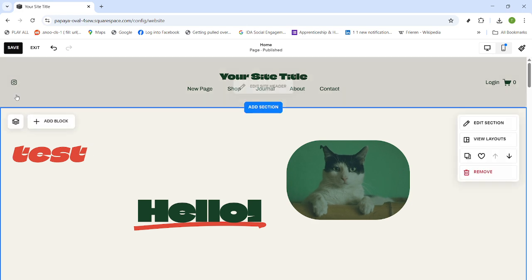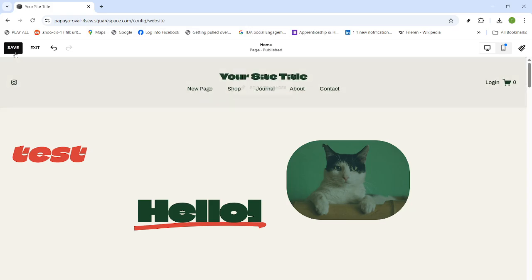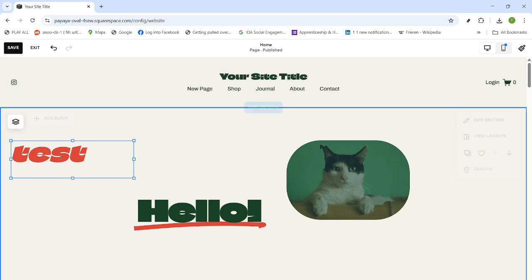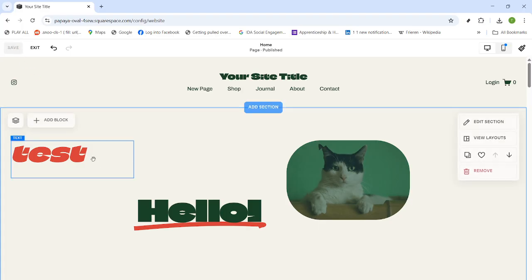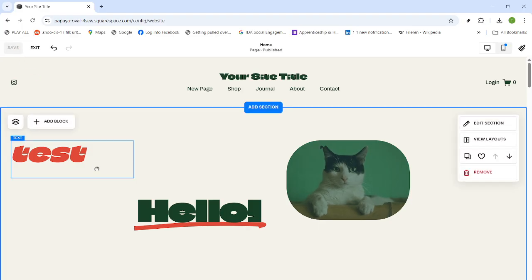When you're happy with the content and formatting, look to the top of the editor and click Save. This publishes your changes to the live site. If you need to revisit anything, you can return to edit at any time, adjust the text, reapply a heading or paragraph style, and save again. That's it. You've added a text block, typed your content, used highlight and select to apply heading and paragraph styles,